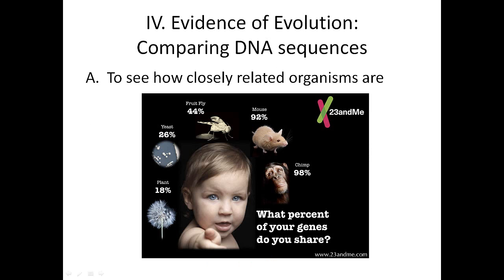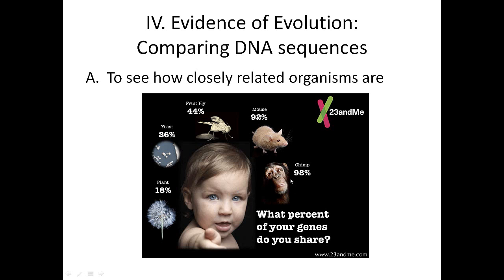Lastly, we can compare DNA sequences. And we can assume that the more closely related an organism is, the more likely they are to have had a common ancestor. Again, this does not mean that we evolved from monkeys. That is completely untrue. It just means that somewhere down the line, a long, long time ago, the theory of evolution states that there was a common ancestor that continually underwent speciations, and chimps and apes and gorillas and all that went one way and humans went another way, and because of our common ancestry, we share a large portion